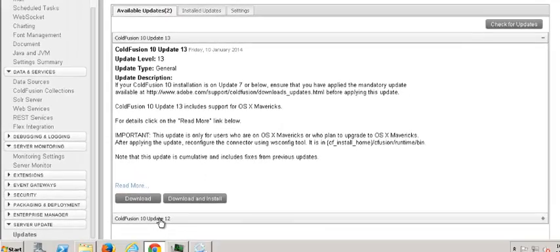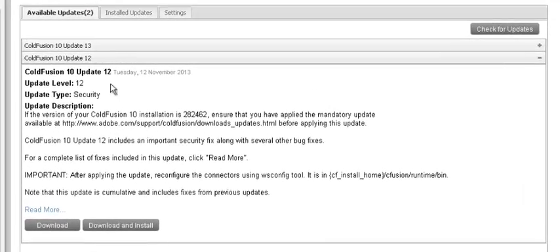If you look at update 12, which you would get automatically, and by the way, let me clarify, you don't ever have to apply them one after another. I've had people who told me they went through doing one after another. You don't have to do that. Just do the latest. They're cumulative. But here's my point, if you do update 13, you will get update 12 if you had not previously done it. And I happen to be sitting on update 11 just for demonstration purposes. So I'm on update 11. I have 12 and 13 available, and look, it says